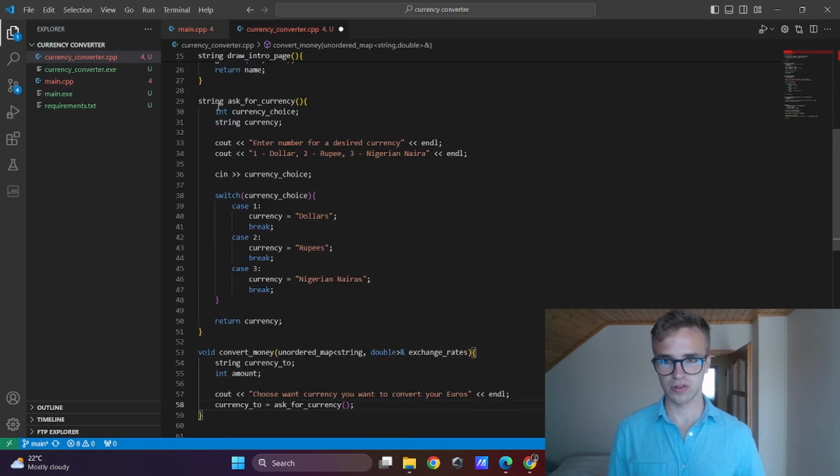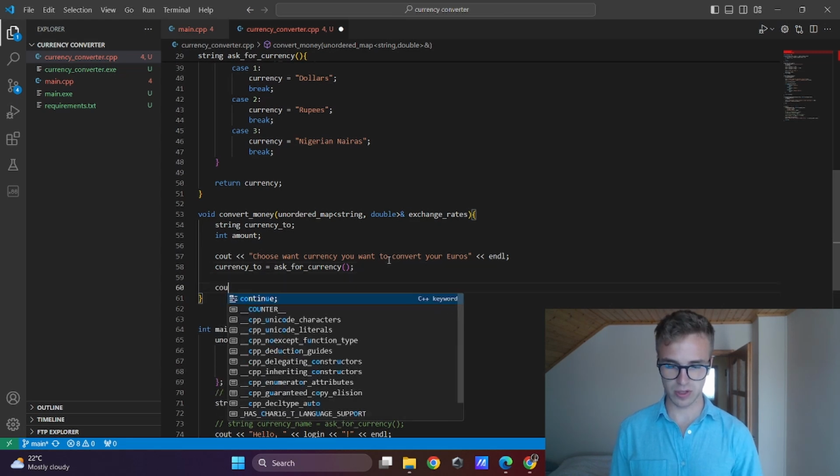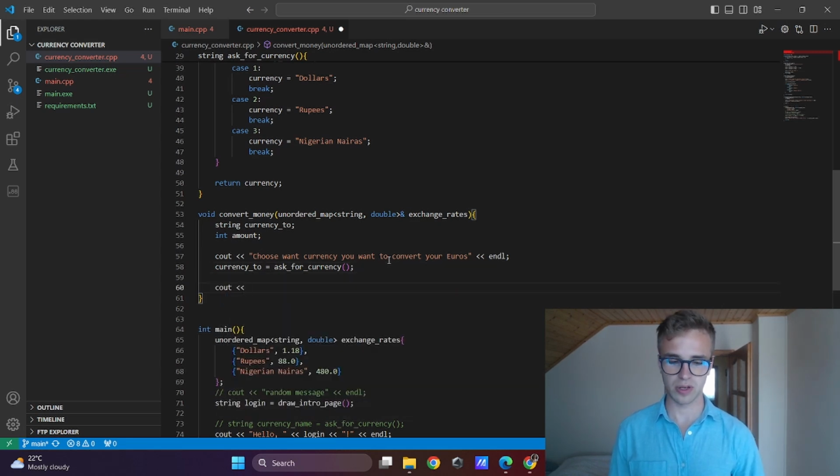It returns a string. Now we need to ask for the amount we wanna convert. So choose the amount of euros you want to convert. End of the line. Okay, I don't need to write end of the line here, I will just write this.